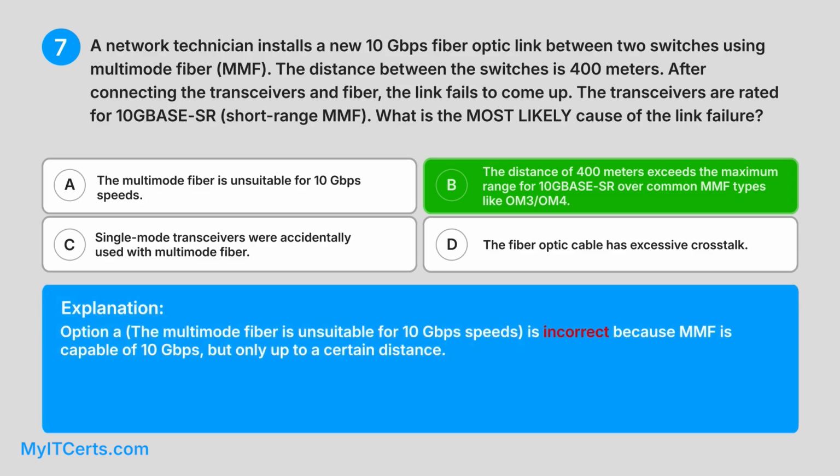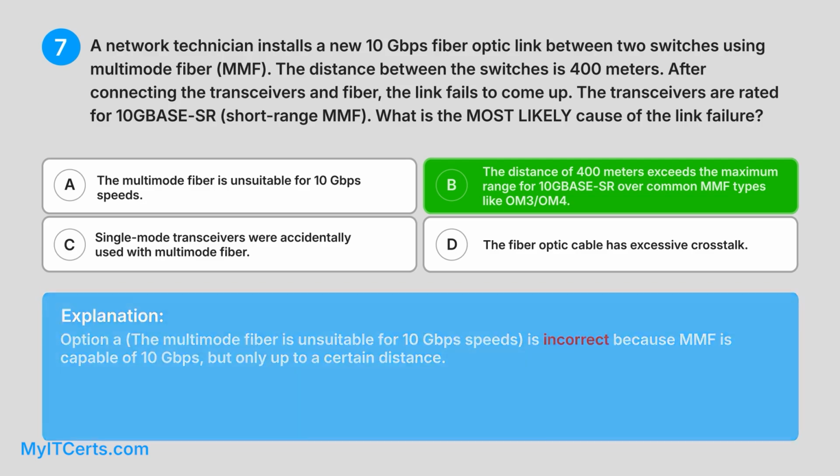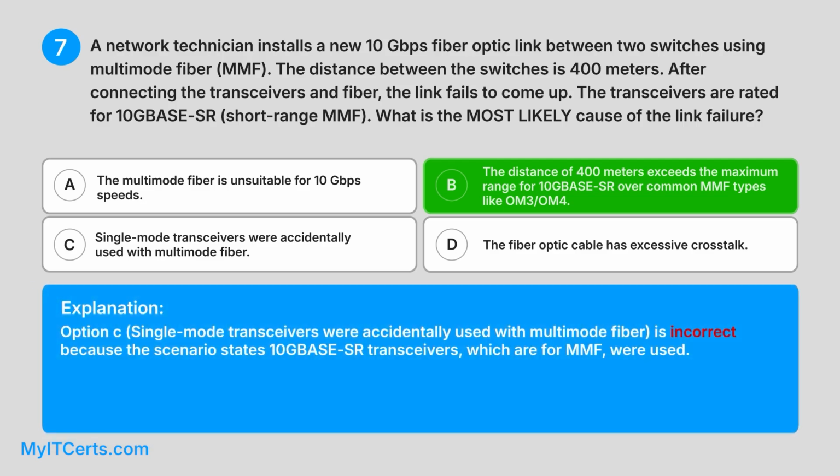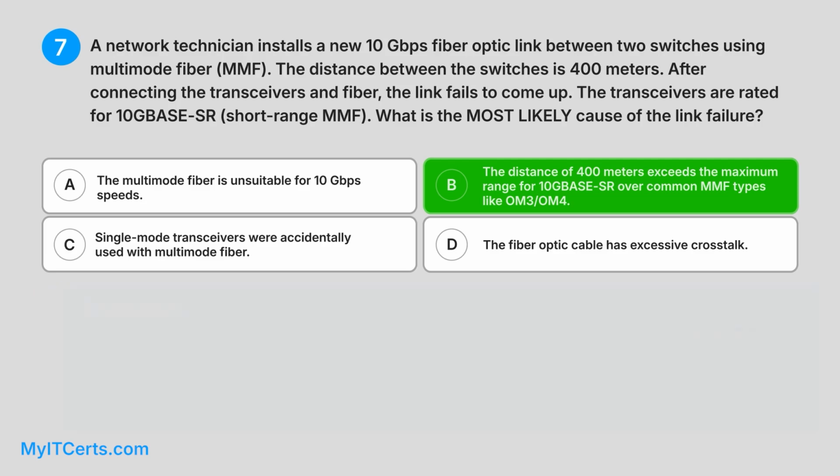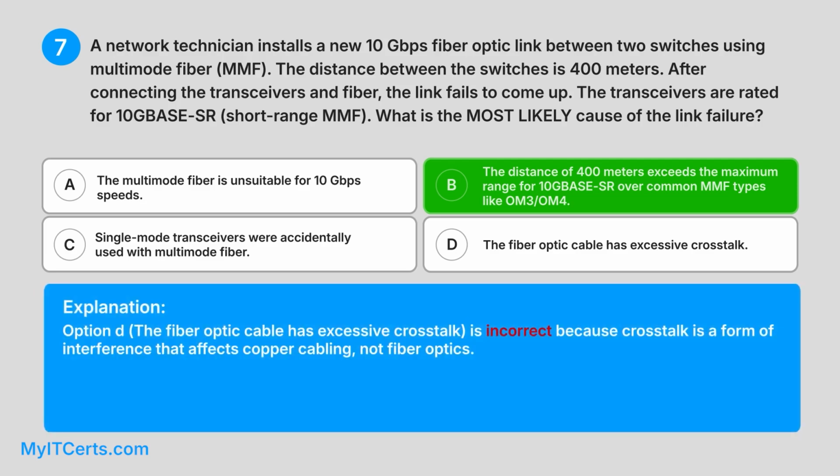Option A, the multimode fiber is unsuitable for 10 Gbps speeds, is incorrect because MMF is capable of 10 Gbps, but only up to a certain distance. Option C, single-mode transceivers were accidentally used with multimode fiber, is incorrect because the scenario states 10 Gbps SR transceivers, which are for MMF, were used. Option D, the fiber optic cable has excessive crosstalk, is incorrect because crosstalk is a form of interference that affects copper cabling, not fiber